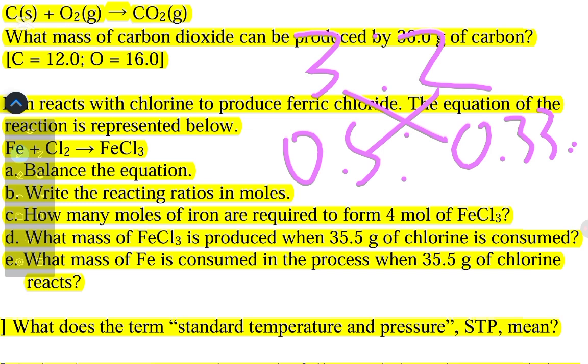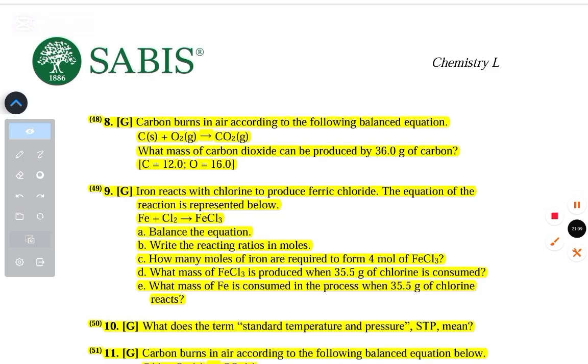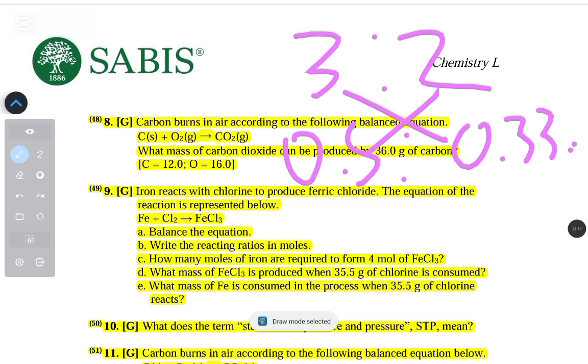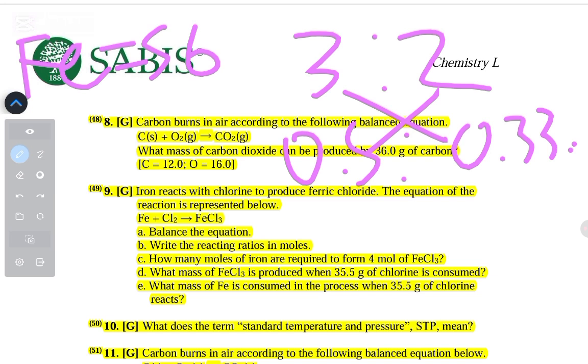Now I need to check Fe. One second. Alright guys, so apparently each Fe atom is 56 molar mass, so Fe is equal to 56. Now, 0.33 is the moles. Now multiply that by